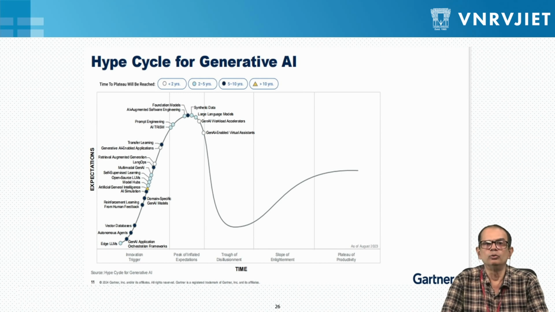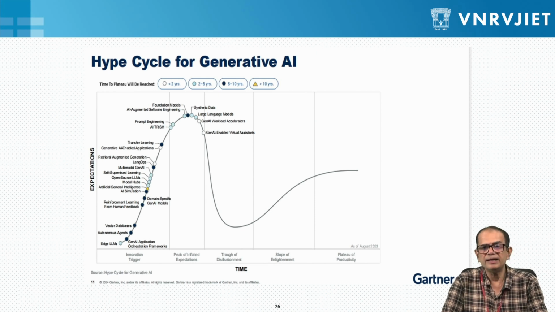Okay. Now, let us see the Gartner hype cycle which is there. Okay, and as you can see, this is the typical Gartner hype cycle, and on the top is figuring the large language models, LLMs per se, and then we have generative AI, which is going to use these large language models.